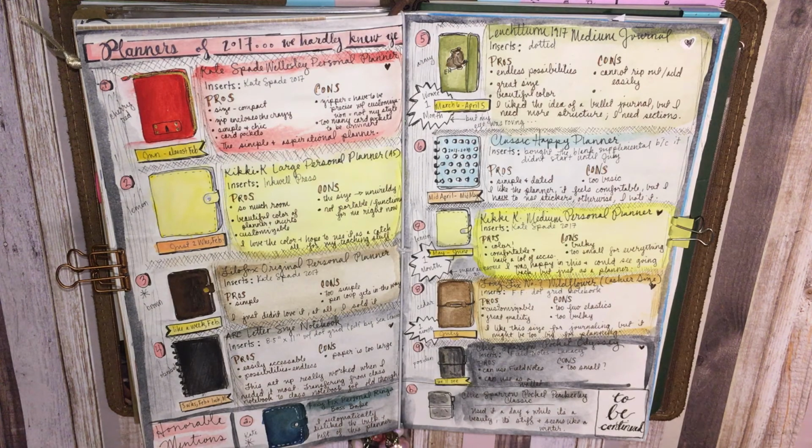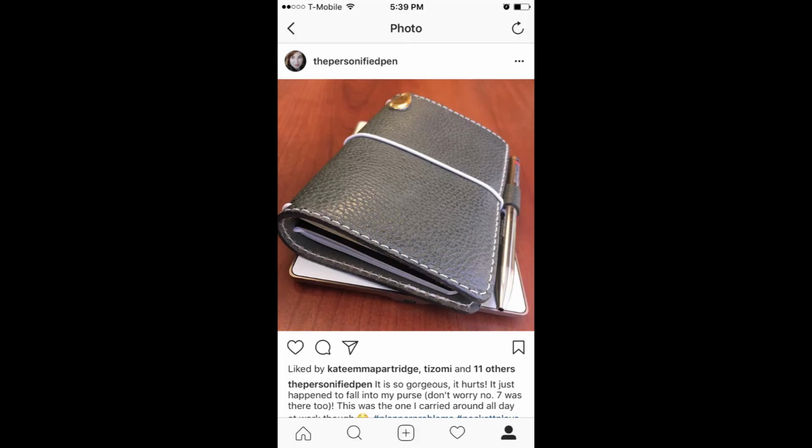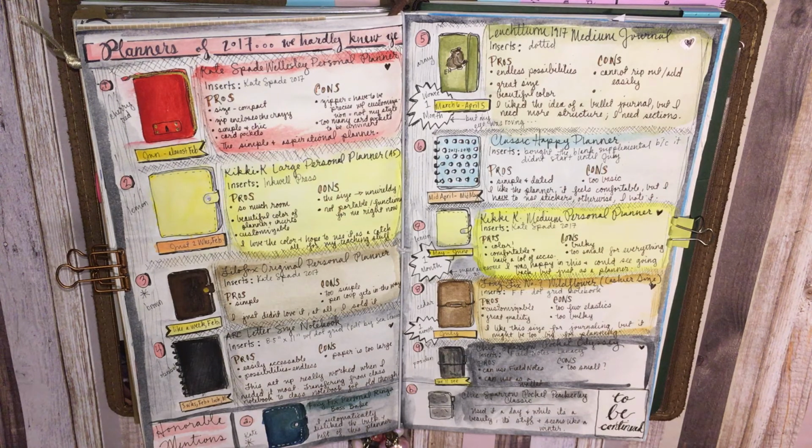And then honorable mention also to my Chic Sparrow Pocket Pemberley Classic. This one I actually bought from Chic Sparrow. It just has a riveted pen loop that I paid for, and I did pay for stitching, but it has no pockets. It's just the classic style, and I really like the feel of it. Again, the pocket size is just so easy for on-the-go planning, but essentially it was the same thing as the Chic Sparrow Pocket Odyssey, but the Pemberley is just more rigid, which is weird because the Pocket Odyssey is a deluxe, which means it has the leather pockets and everything, but I felt like the Pemberley was too simplistic for me,